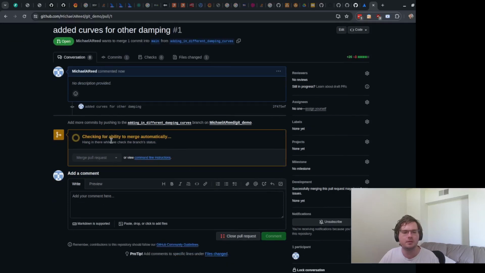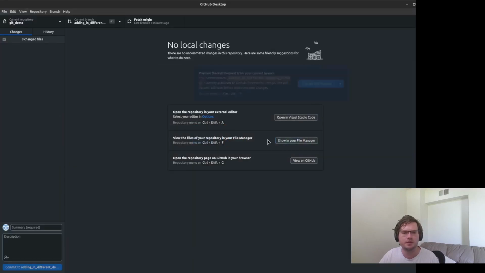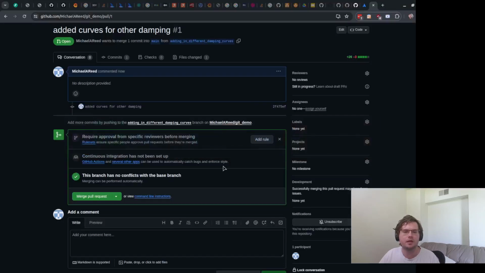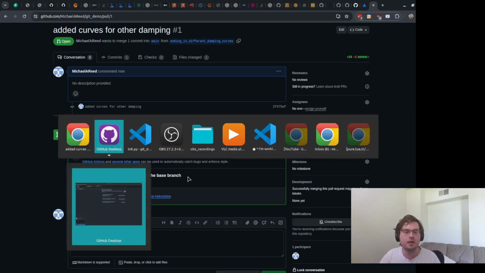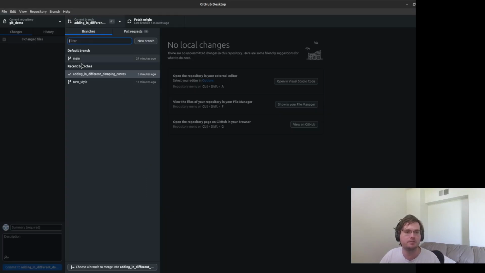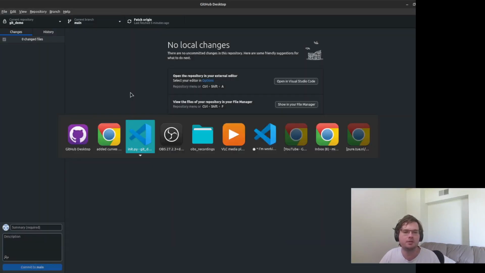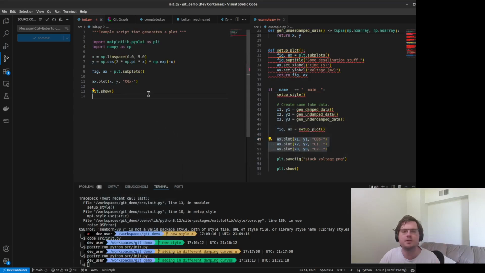So you can see what GitHub is doing here, and actually even GitHub Desktop was doing this for us before as well. It gave us a thing saying that there are no conflicts with the base branch. And what that means is that because Git is just tracking the changes that we make, it is then trying to apply those changes back into the main branch. Now, in our case, the main branch hasn't had its own changes that continue on as well. But what we may have been doing is we may have gone back to the main branch and made more changes to it. Like maybe we need to fix up some stuff in this very basic version.